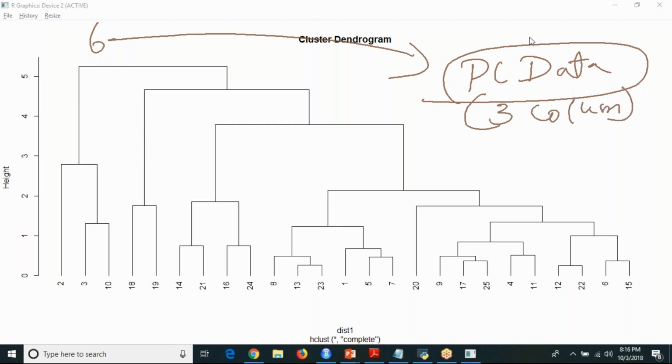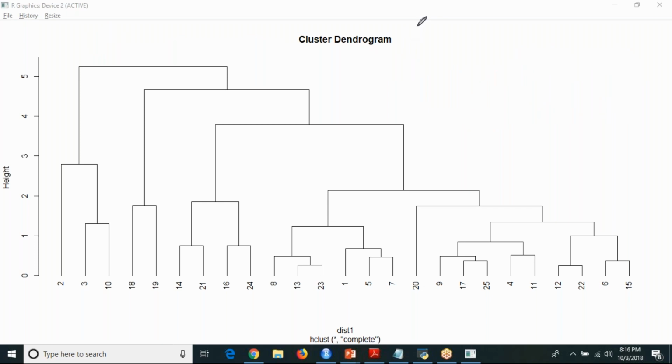In your real time, yes. Will the result be the same if we do the clustering using the original 6 columns? Slightly there will be a variation, but almost it will be the same. You are not changing your data. You are using the same data, but you are reducing the number of columns from 6 columns to 3 columns. That is the implementation of your dimensional reduction. It is reducing the dimension.